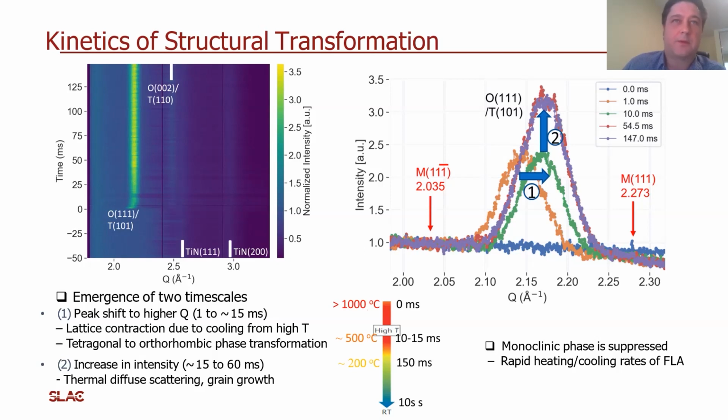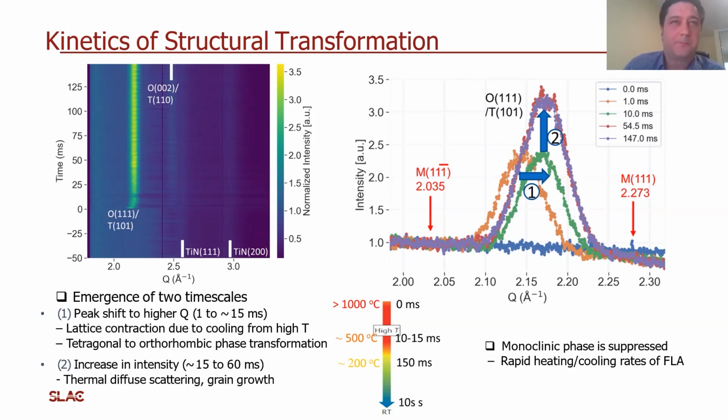The figure on the right presents time-resolved diffraction patterns for the orthorhombic 111 or tetragonal 101 peak from 0 to 147 milliseconds. We see the emergence of two timescales. The first, the peak shifts to higher Q rapidly within 15 milliseconds with no change in intensity, followed by a growth of intensity of the peak. The rapid shift to higher reciprocal lattice vector is due to lattice contraction due to cooling. For this process condition, the sample rapidly cools from above 1000 degrees C to approximately 500 degrees C in this time interval. At longer times, reduction in thermal diffuse scattering and morphological changes contribute to the intensity increase as